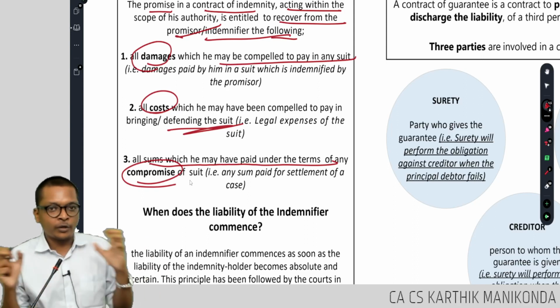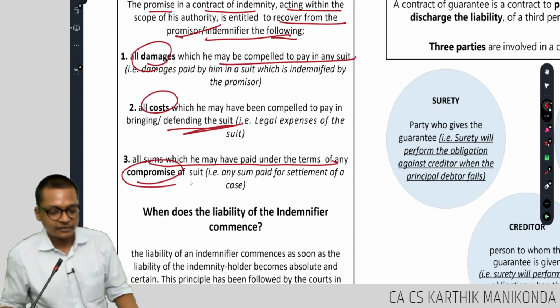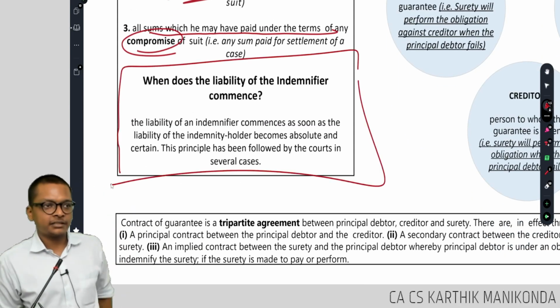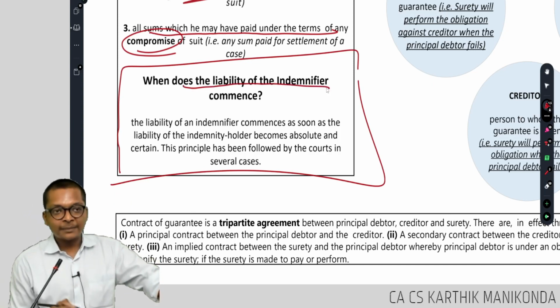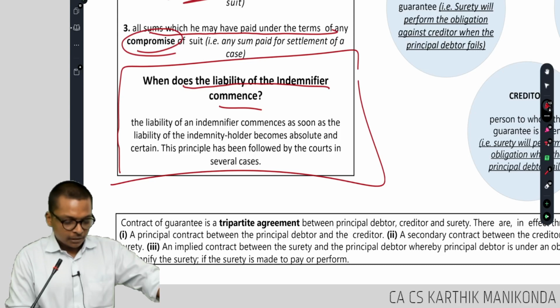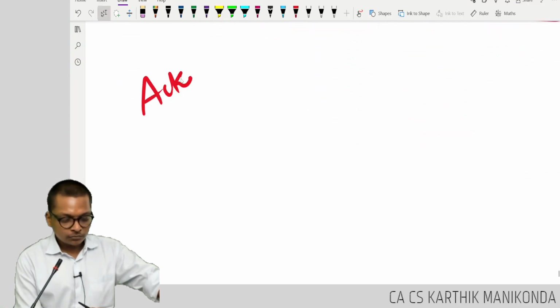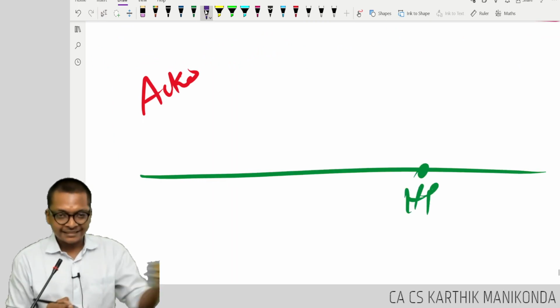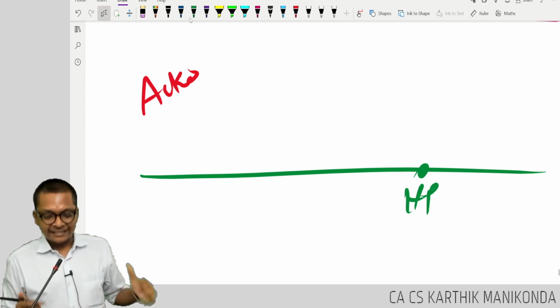Even though I am adding a few points to make the class interesting for you to understand the concept, the exam part is enough. Last one, a small concept. With this, indemnity is over, guys. What is this concept? When does the liability of the indemnifier commence? Meaning, the insurance company, ACO. Let's say an individual, Hardik Pandya, met with an accident. Hey, example, guys. Okay, fine. Now, let's say he met with an accident on